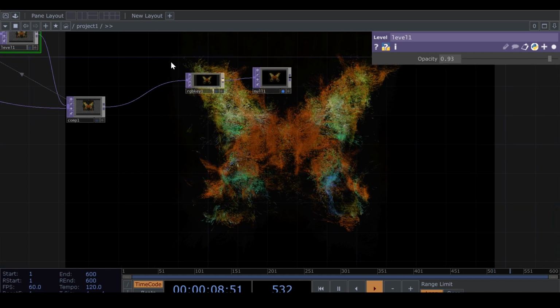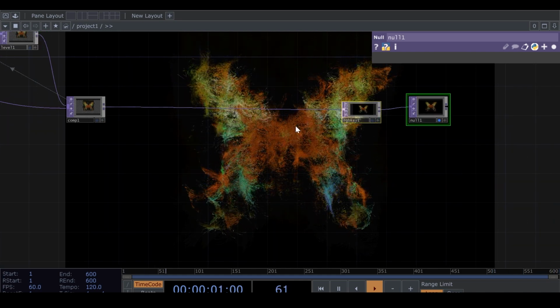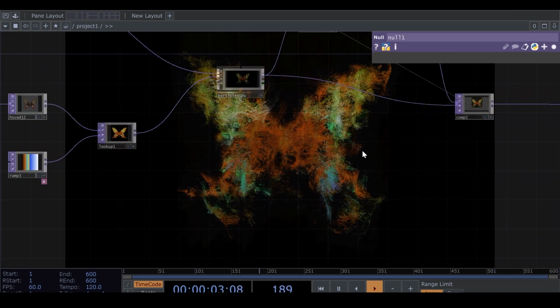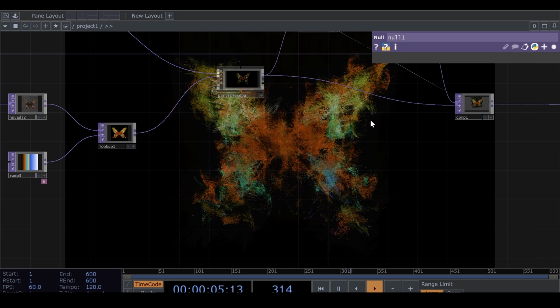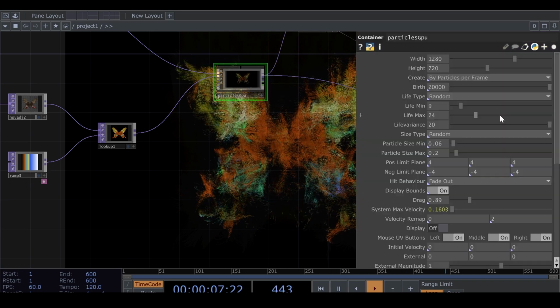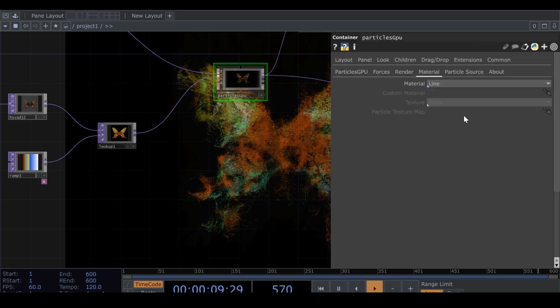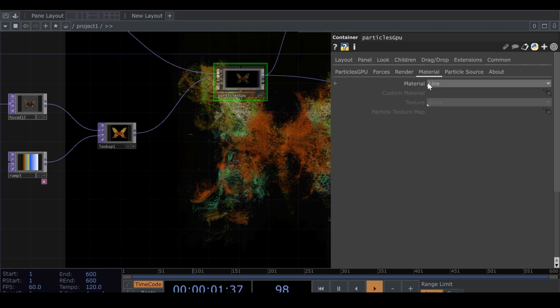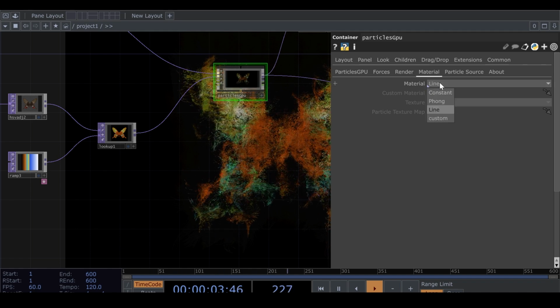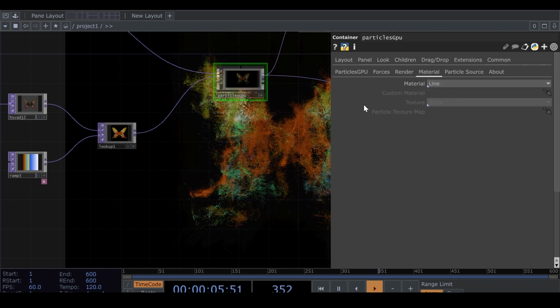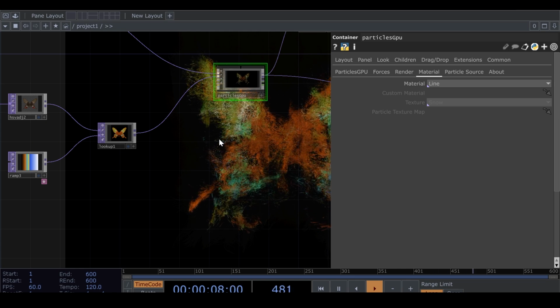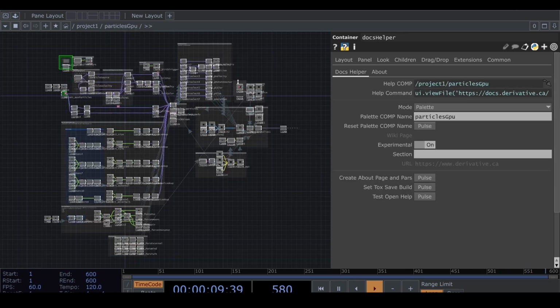So let's make more space. But now what I want to do, I want to change my material. The line is nice, but I want to show you how you can create a different material that is not in the options here. So here, if you go inside the particles GPU,